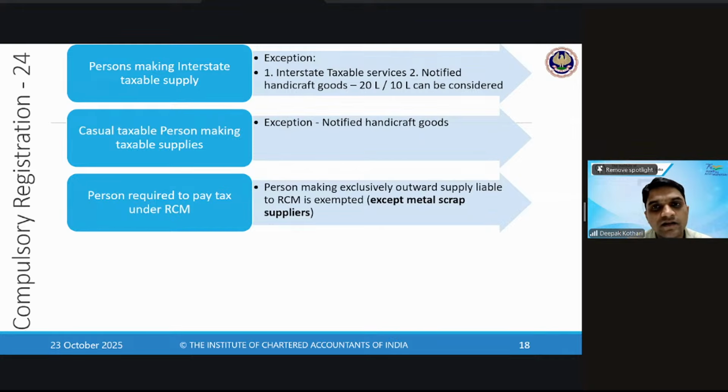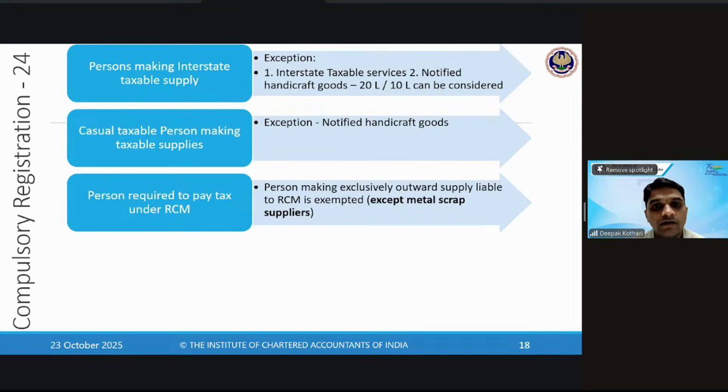In the third case, the exception is only for service providers. Correct. Not only service providers, even for persons who are supplying goods. So for the goods criteria, for example, a tobacco leaf seller, a person who is selling tobacco leaves, tendu leaves. He is supplying goods on which GST is paid under reverse charge mechanism. So that person also need not register. Clear?